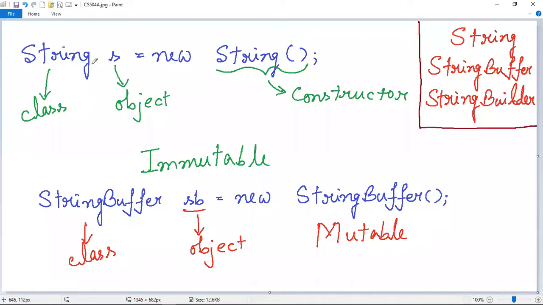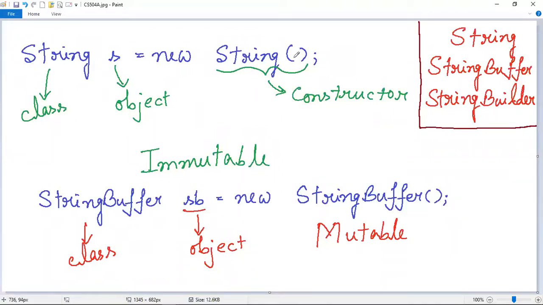This one will create an empty string, because here you can see that I have used the constructor part, but I have not passed any value inside this pair of parentheses. That means this instantiation statement will create an instance of the String class. The instance is denoted by this S reference variable, and this instance will have no characters inside it.